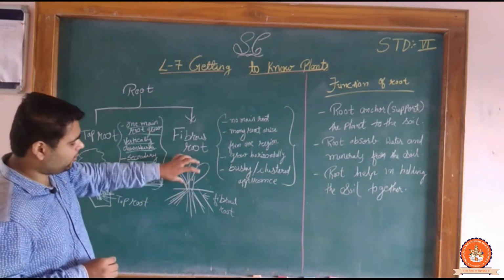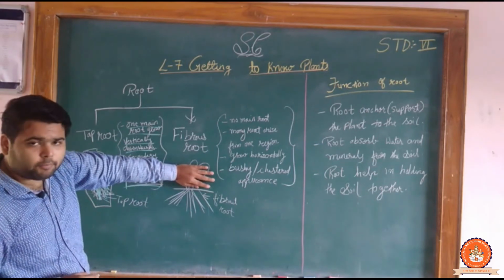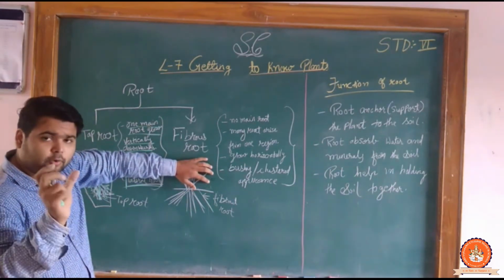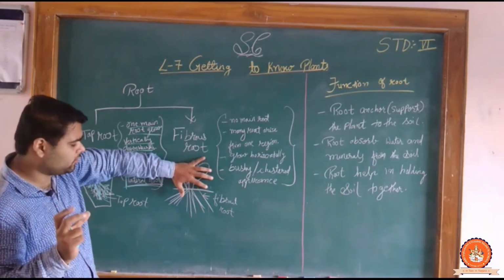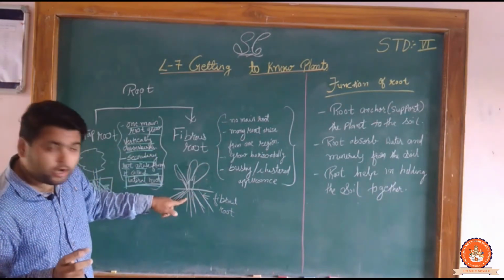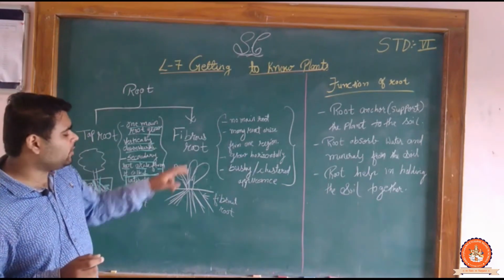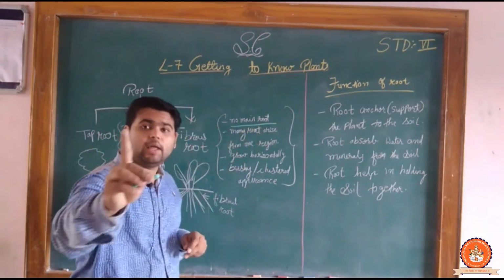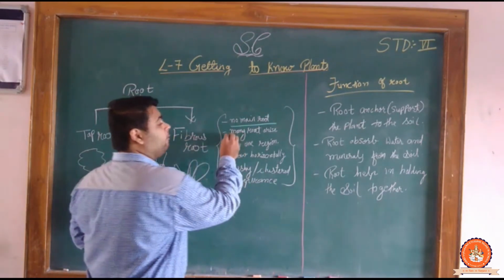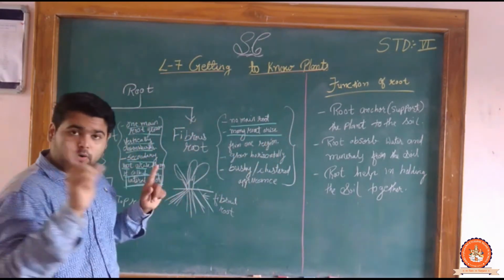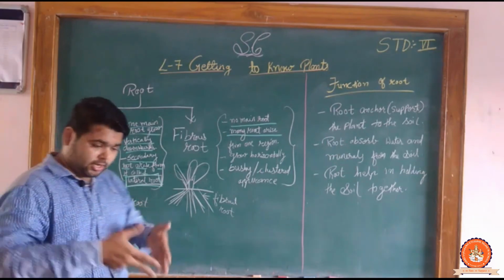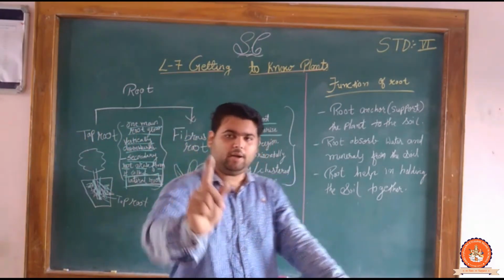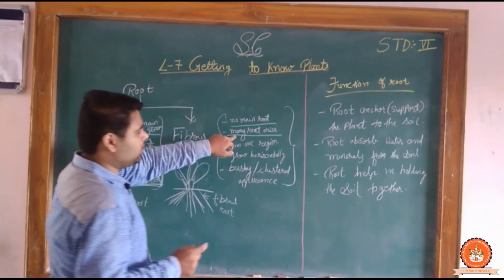Now here we can observe it. Skip that upper portion. Clear? If you want to draw it, you can draw the small plants. Skip that upper portion. Now you have to just observe the down portion. Clear? So fibrous root is simple. They don't have a main root. Even so, many roots arise. They don't have main roots like taproots. In the taproot they have one main root. एक तो है main root, उसमें से सारे root निकल रहे हैं. Clear? But they have no main roots.